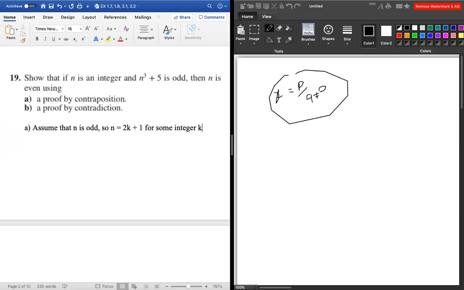We just assume there's some integer. It doesn't matter, it can be odd or even, but by adding 1 it makes sure that it is an odd number. So then n cubed plus 5